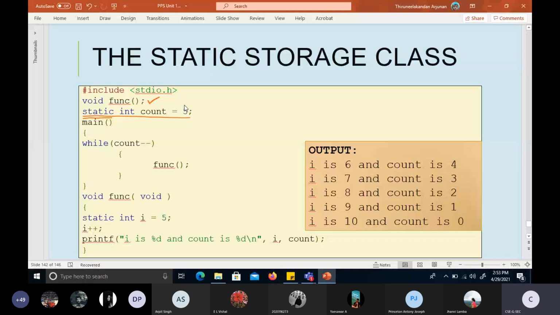The value 5 will be fixed, or freezed, with the variable count. But whenever we revisit the same variable once again, it will not get modified, or reinitialized. It cannot be reinitialized.